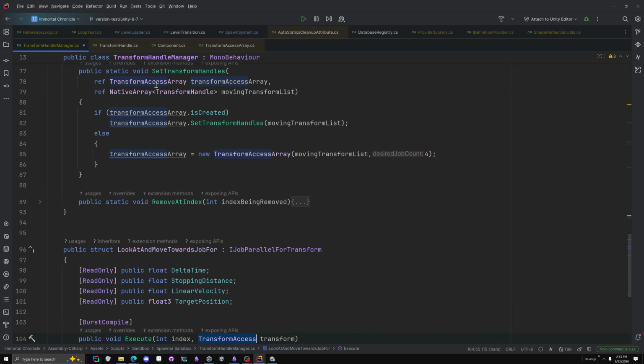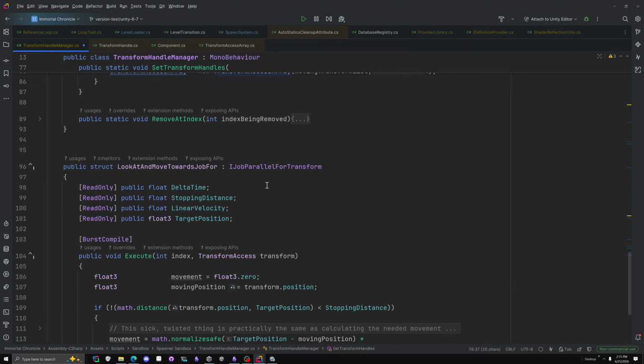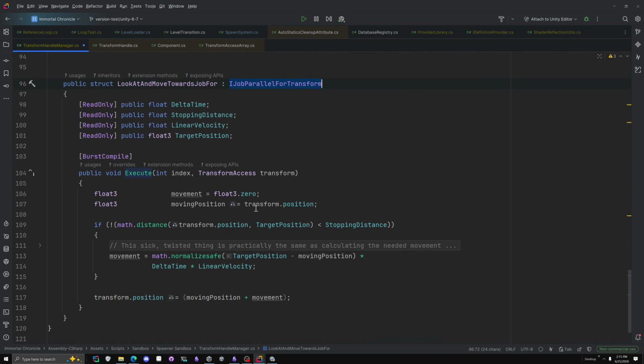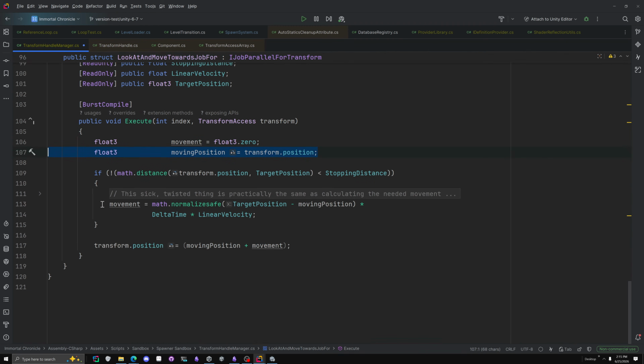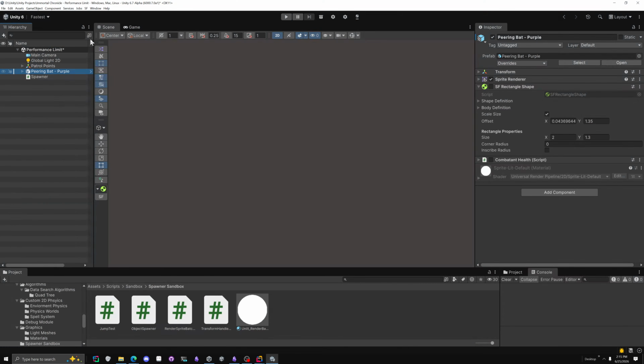But that's actually why we have a transform access array, because you actually have to use it inside of an IJobParallelForTransform. Basically I'm just checking to see, okay, is the object we're trying to move within distance? And I use the mathematics library and normalize. The reason why I'm using the mathematics library, I'm building towards